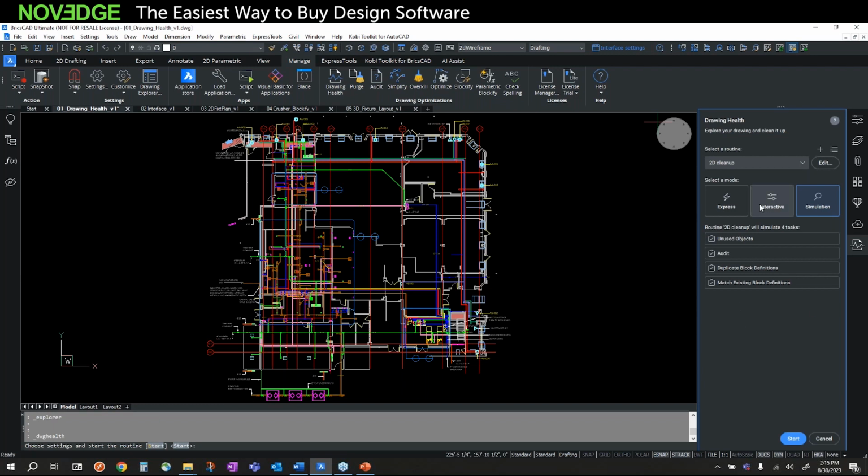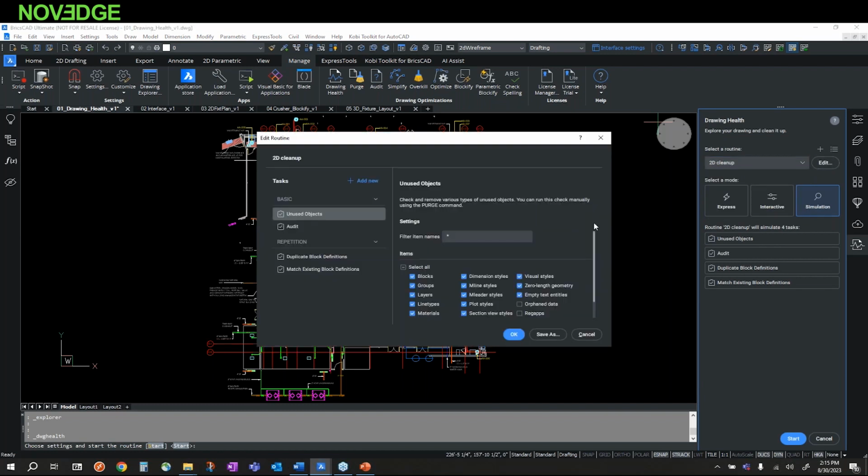So you can use some of the predefined routines that are loaded with BricsCAD. So we have a 2D cleanup, 3D cleanup database, and so forth. But you can also use this as a template. So I could take this 2D cleanup template, for instance, and edit it. And I can create and add different functions to this cleanup routine. I can select what items I want to include or not include in the cleanup routine. And once I've decided how I want to customize this, again, I can save this as